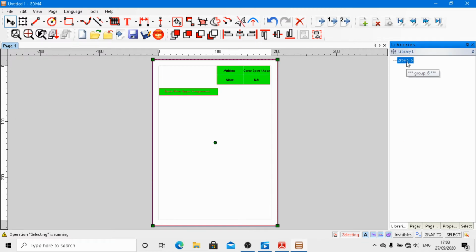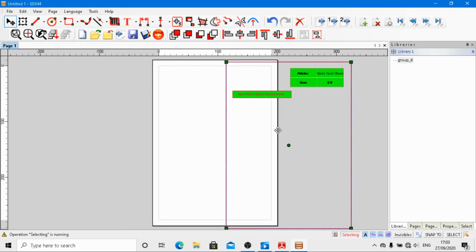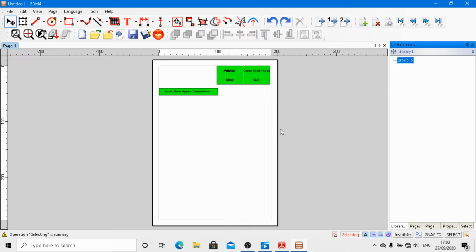Now you can see that this template has been permanently added into the library. Whenever you need it, you can apply it to any other documents. Okay, now what we have to do is import the